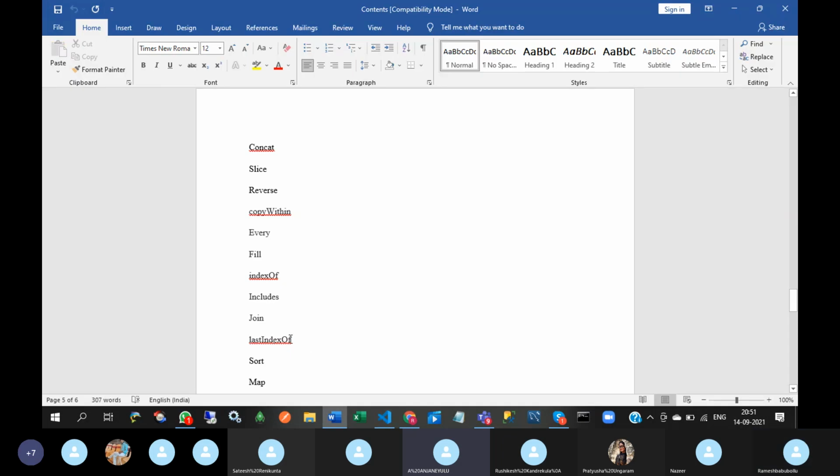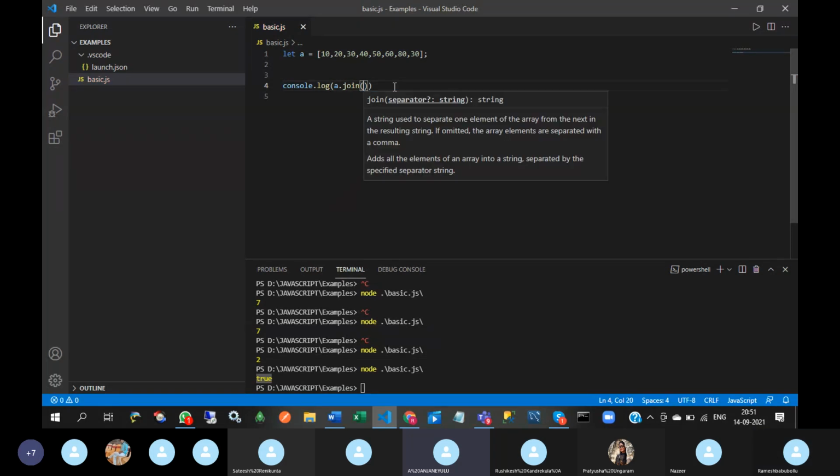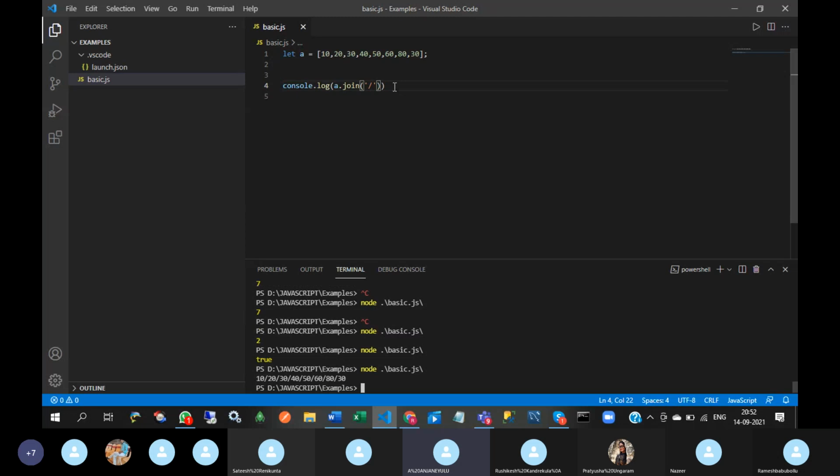Next one is join. So I'm going to join these elements with a forward slash. You can do that.